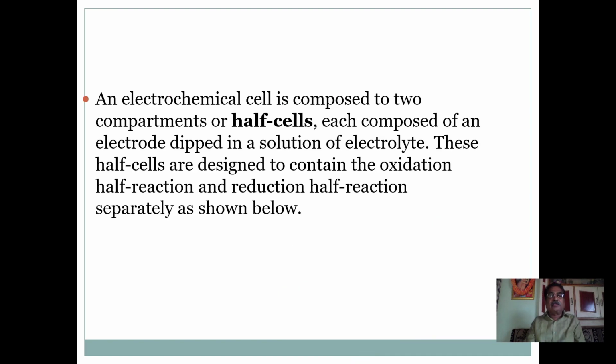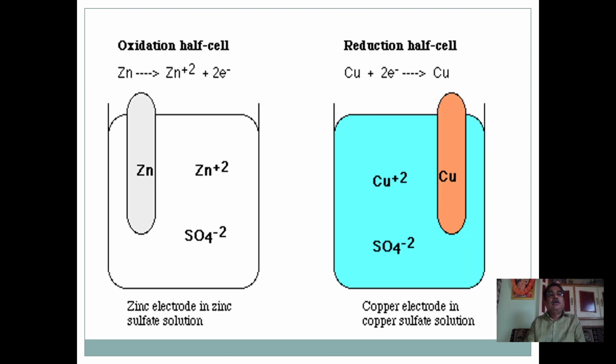An electrochemical cell is composed of two compartments or half cells. It is composed of an electrode dipped in a solution of electrolyte. These half cells are designed to contain the oxidation half cell reaction and reduction half cell reaction separately, as shown below. In the figure,